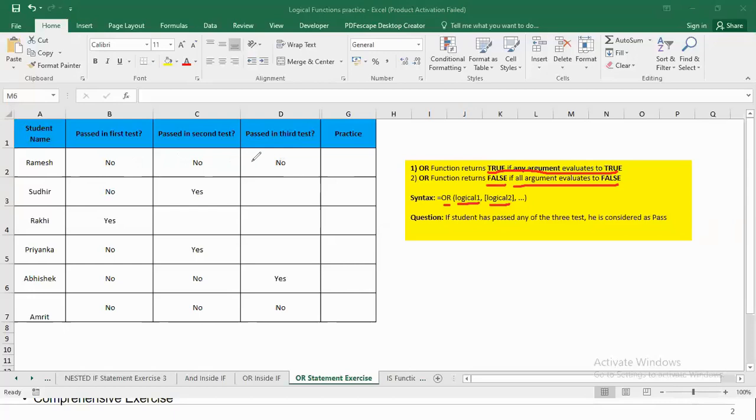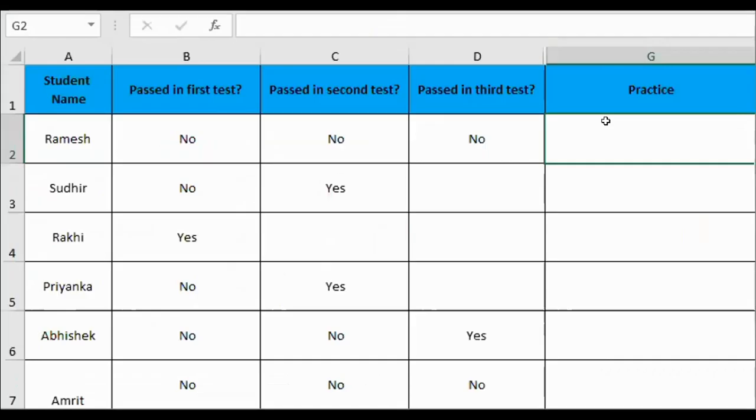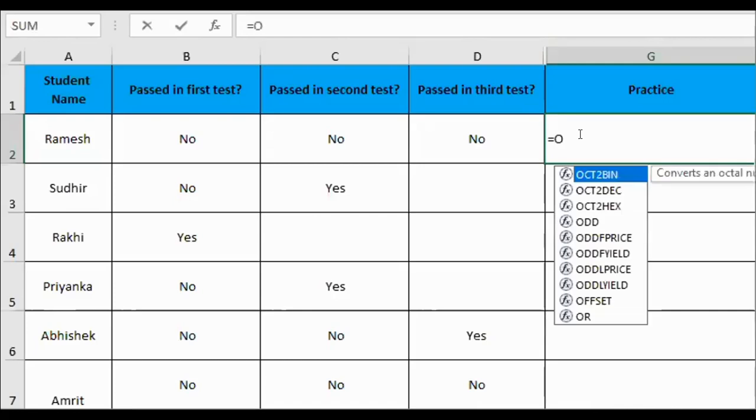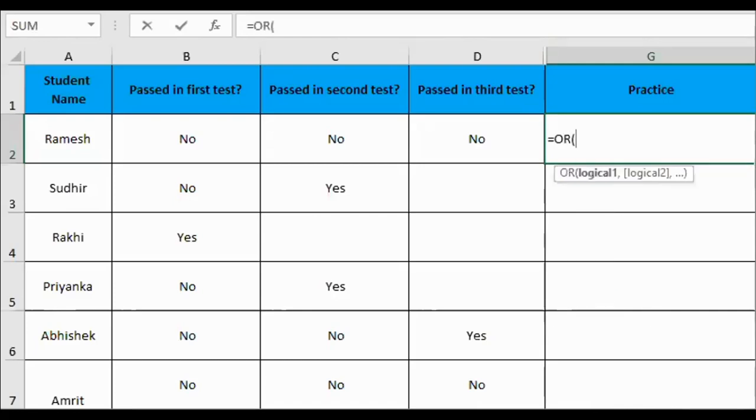Okay, so let's see how to implement this in Excel. We need to compare the result of the 3 tests, first test, second test and third test. So there will be 3 arguments in the OR function. Let's start. We'll write equal to OR, result of the first test equal to, write yes in the double quotes and then write comma. Then compare the result of the second test again with the yes,